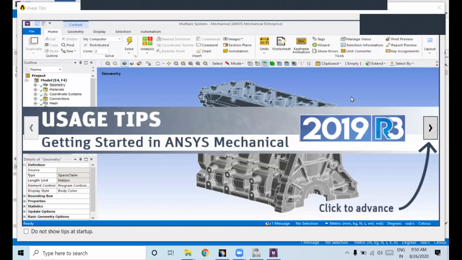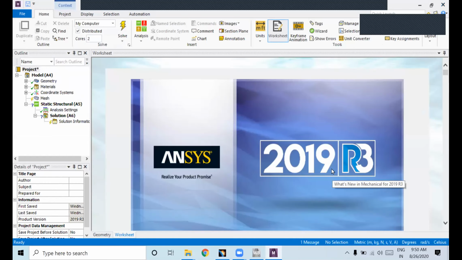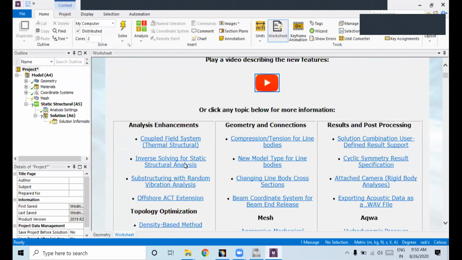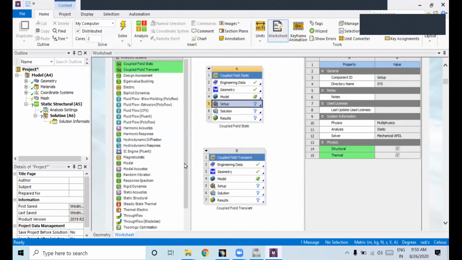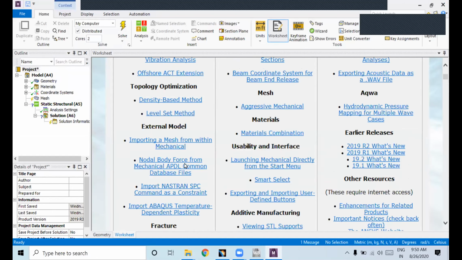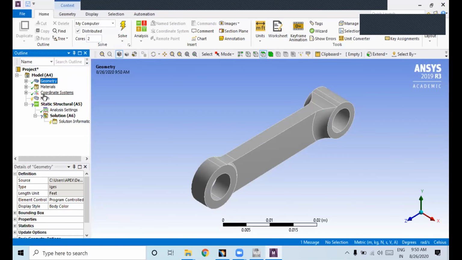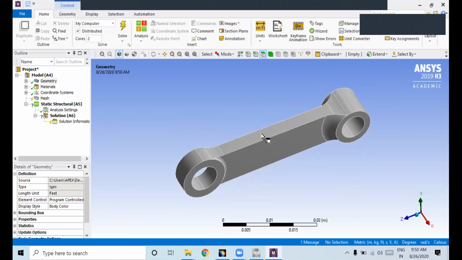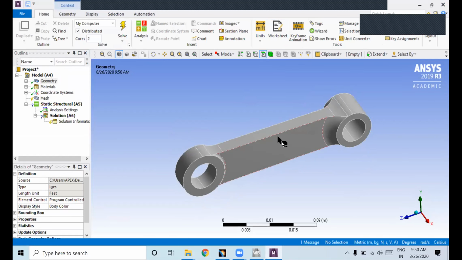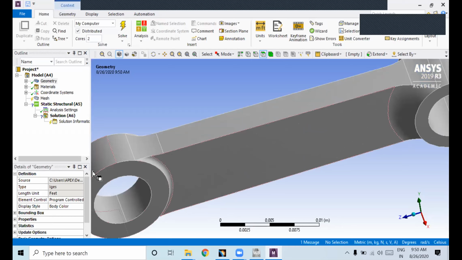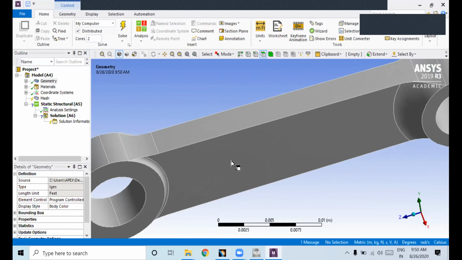Fine. So this is how the ANSYS mechanical model will open. Here some license options will show, and I will just close this. Here you are getting so many things. I don't know why it is coming. See here, you need to click on the geometry. Here the material has been imported. You have to use the middle mouse button to rotate. If you want to zoom, just scroll it.